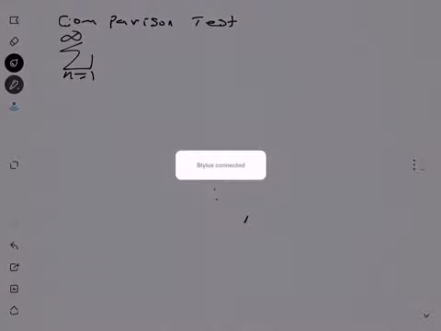There are two comparison tests. One is called the direct comparison test, and the other one is called the limit comparison test. The direct comparison test is used in situations like the following. When you want to find out whether this series converges or diverges,